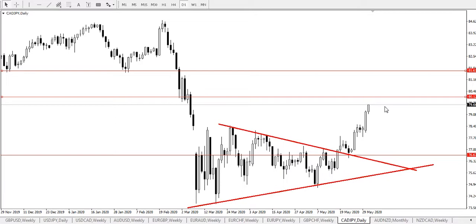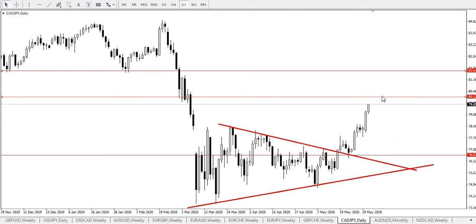The first scenario is continuous bullish pressure, which would send the Canadian dollar Japanese yen further up to find temporary resistance at price 80.128. Then at this point, the market would decide to either continue the bullish ride or come down to find support at price 76.678. That is to say, continuous bullish pressure would send the Canadian dollar Japanese yen further up to